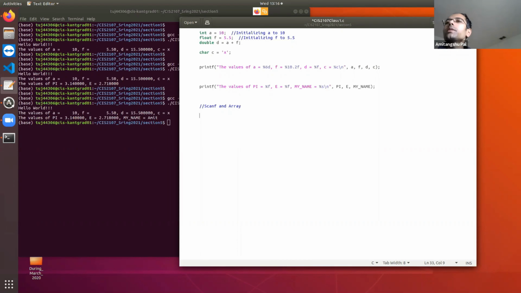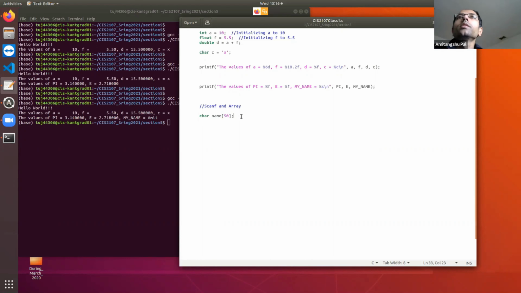You see there is no specific or separate data type as string. Instead of using string, we are going to use a character array. Array means it will contain a set of characters. Okay. So char name, say 50. That means name is a character array that can contain a maximum of 50 characters.